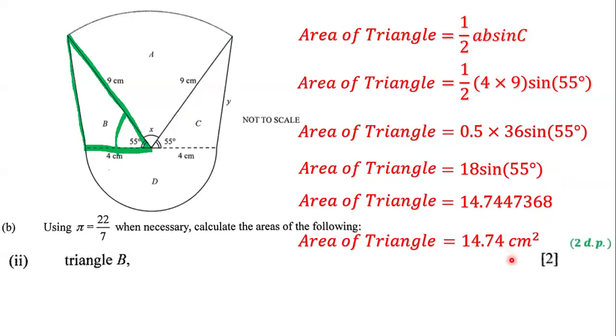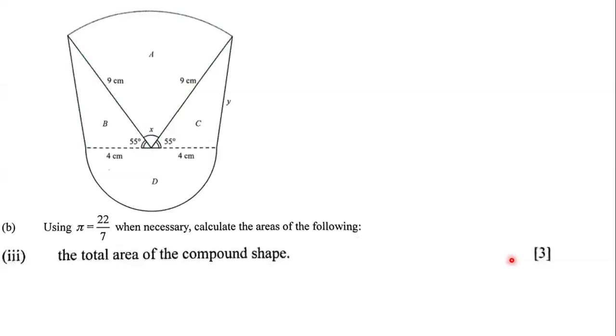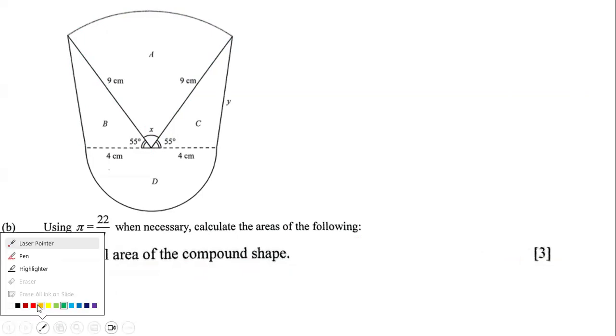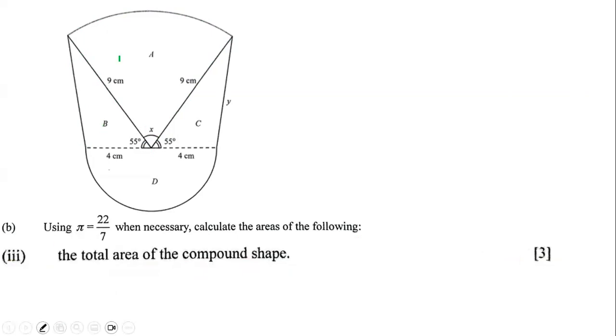Next, what we need to do is determine the total area of the compound shape. Now, what do we know? So far we know the area of the sector. We already know the area of the sector, so we know that area. We know the area of B, we figured that out earlier. And B and C would have the same area, and we know that they would have the same area